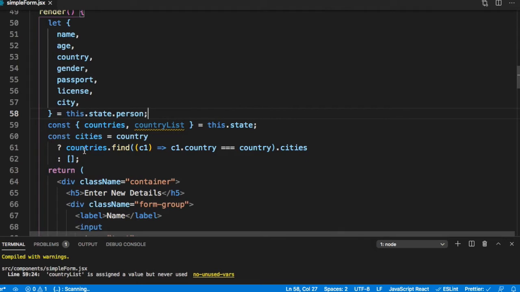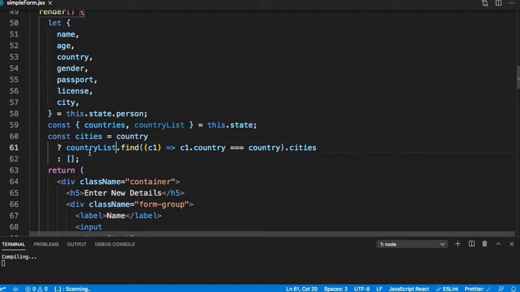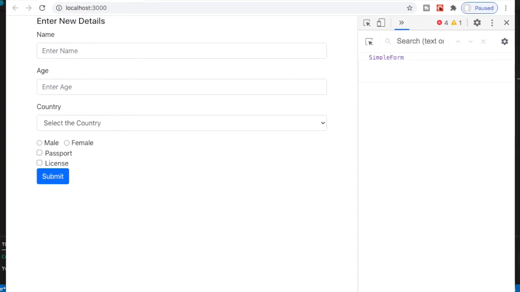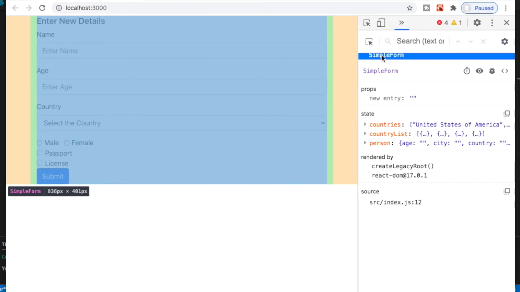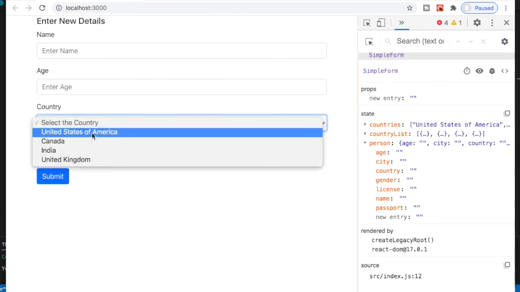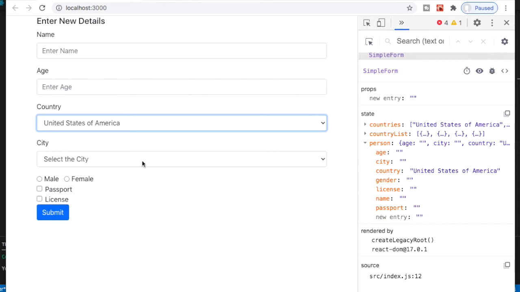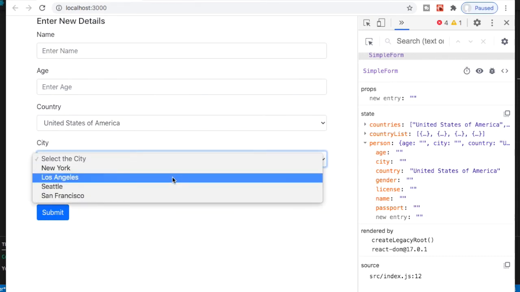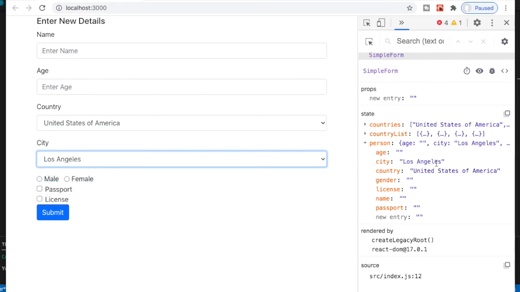The error is that we used countries here. We should have used country list. That's the error. Let's go ahead and test it again. Let me choose United States of America and I get the city. Now if I choose the city, I get Los Angeles.